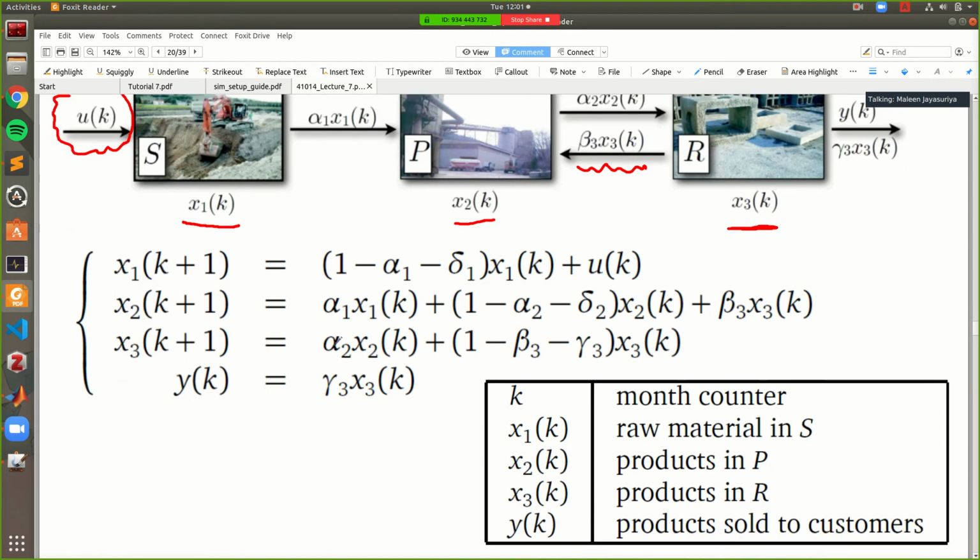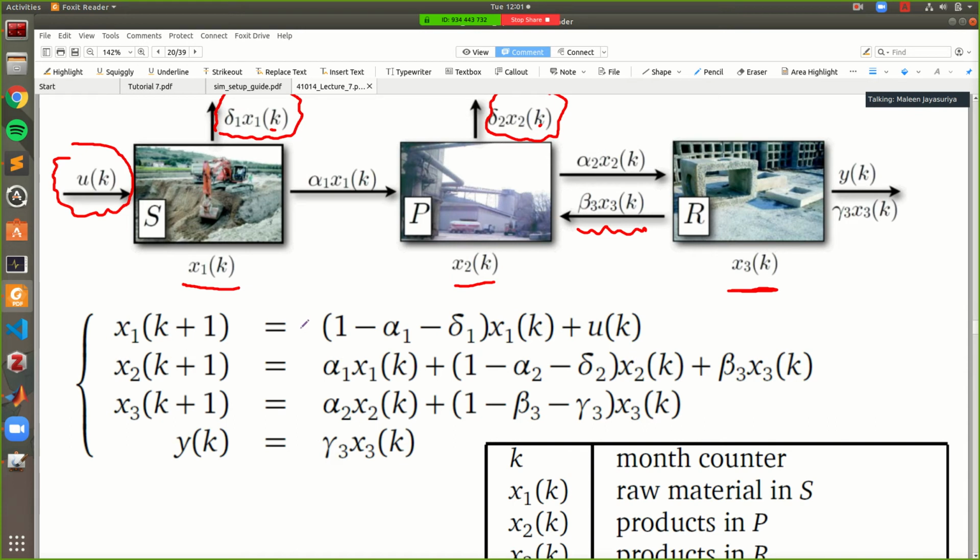So this is pretty much the same procedure we followed when we were deriving state space models in continuous time as well, right? We started off with the differential equations, and then we vectorized it, basically we took the simultaneous equations and made it into matrix form, right? So here, instead of differential equations, we have difference equations, and we do the same thing and put it into matrix form.